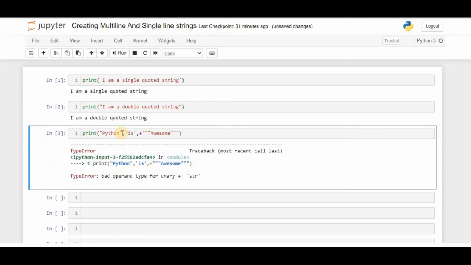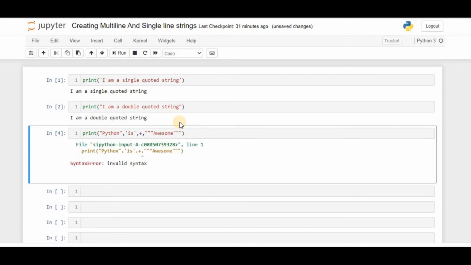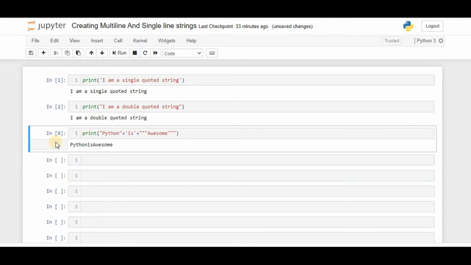Now we'll see what Python is going to show. See what Python is asking us to do. There is a bad operand type for unary plus. Okay, so this is an invalid syntax error.